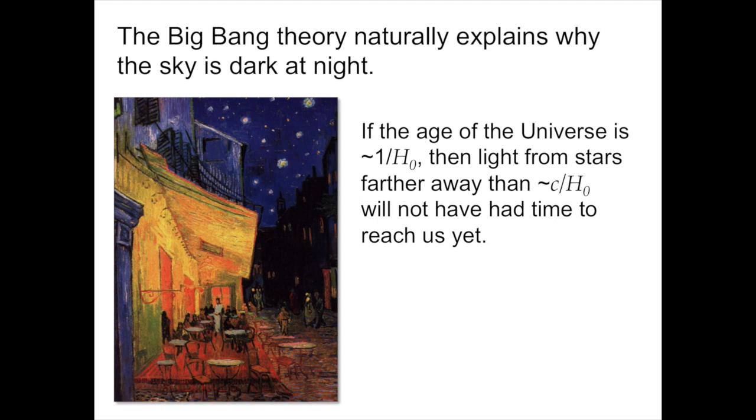The analogy is to think about walking up to a forest. If you stand at the edge of a forest and look into the forest, if the trees are very sparse, no matter how sparse they are, if the forest is very, very large, eventually along any direction you look, you will be able to see a tree. If the forest is very dense, I won't be able to see through the forest at all. Like the old expression says, can't see the forest for the trees. If you lived in an infinite forest, eventually you wouldn't be able to see through it, because no matter which way you looked, you would always run into a tree. You would always see a tree or leaves in your way.